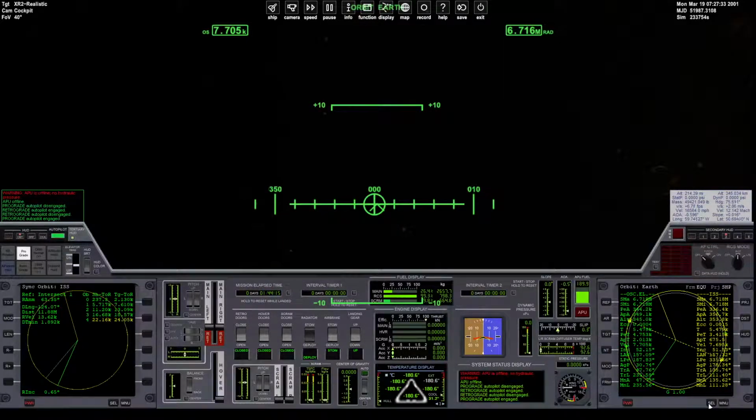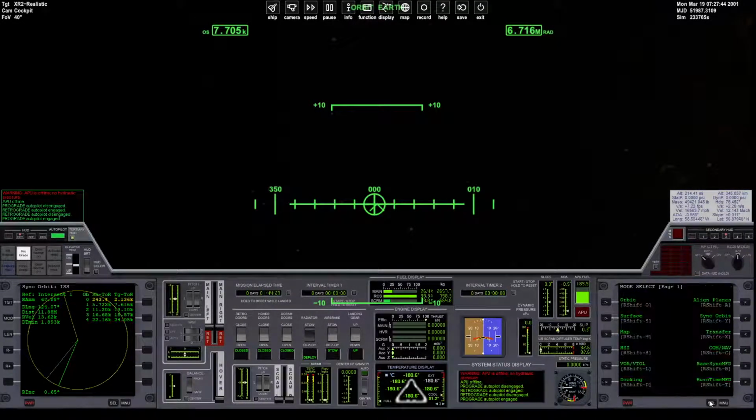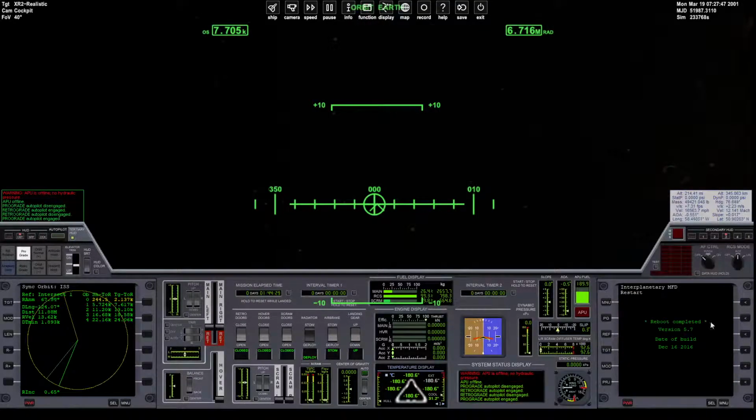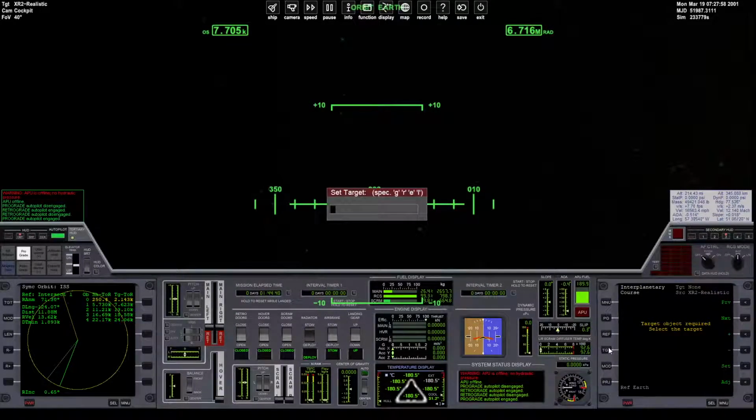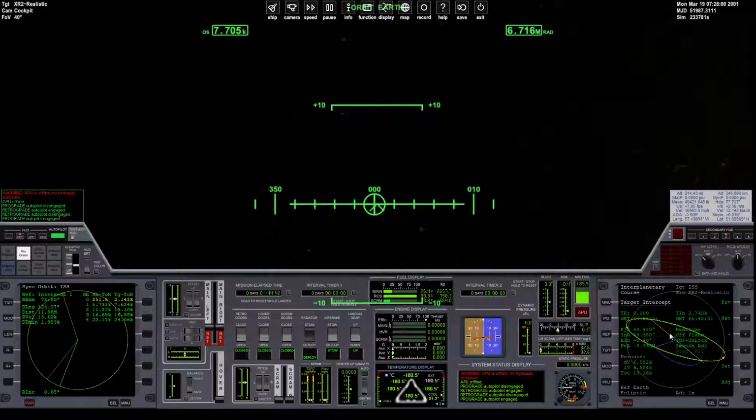Actually, I'm going to try planning this using IMFD. That's going to require a good estimate of the time to intercept, but I'm going to try using IMFD itself. Go to the menu, the course, target, intercept. Set the target to the ISS. As you can see here right now, it's giving us a ridiculous amount of delta V because